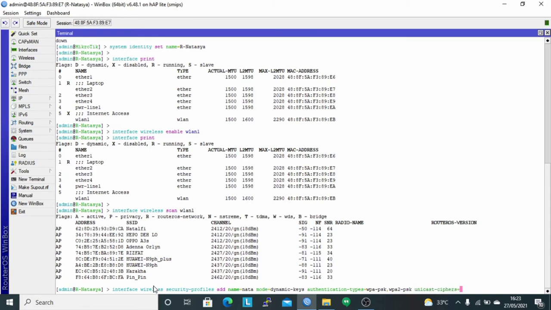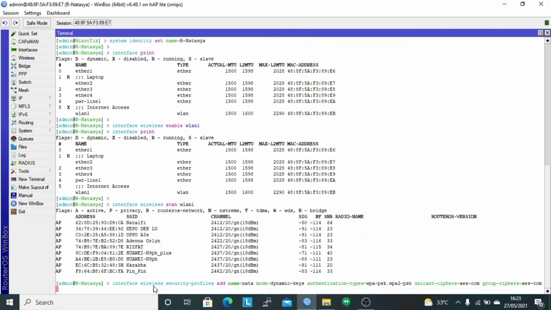Unicast ciphers is AES CCM and group ciphers use AES CCM. And for the WPA pre-shared key, type the password used on the SSID NATAV, namely Nata Cantik. And for the WPA2 pre-shared key, type the same password, Nata Cantik.